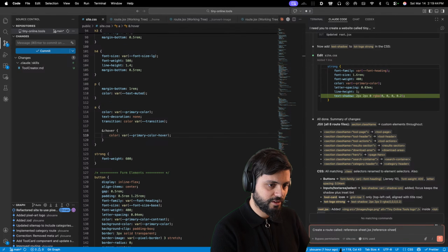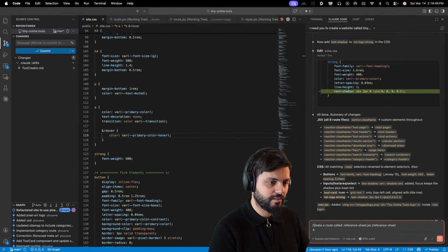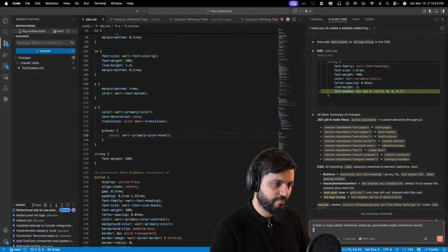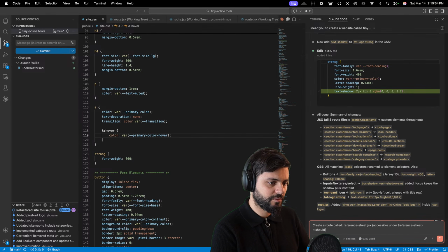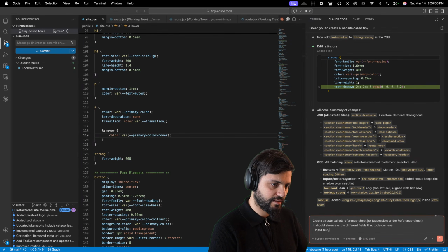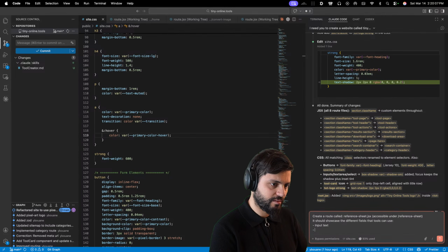Reference sheet accessible under sheet. It should showcase the different fields that tools can use. Input text, input number,